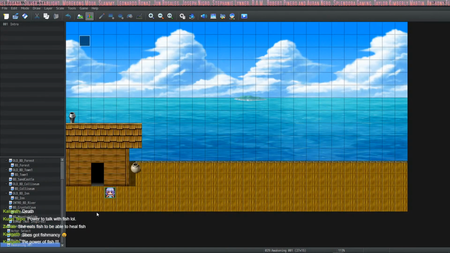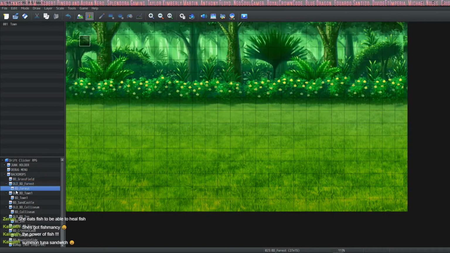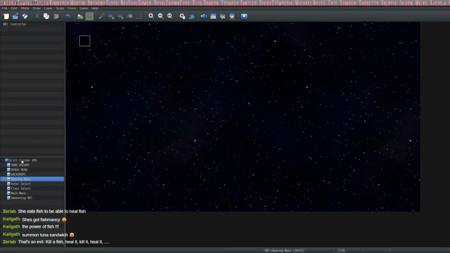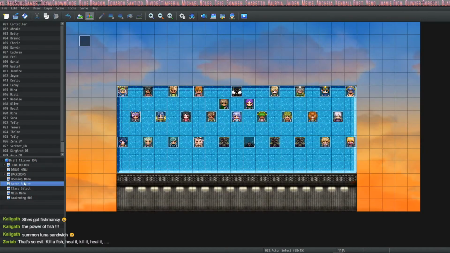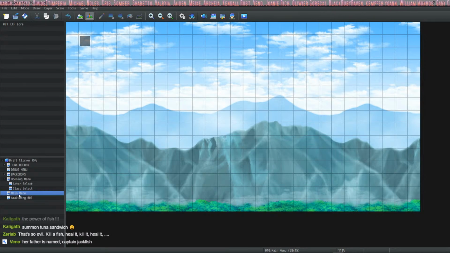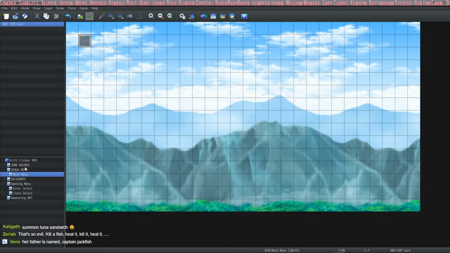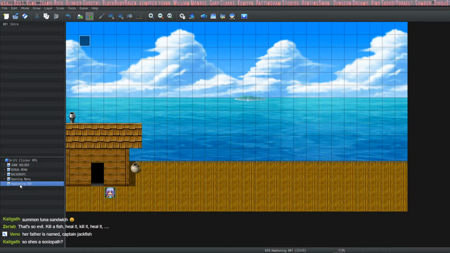Sweet. We've got a story. Awakening 001. And then I'm just going to number them, essentially. Make a new holder, opening menu. This can go in here. This can go in here. Also, this can go in the debug menu one. Main menu. Yeah, it's just like junk. So there we go. Awakening 01.